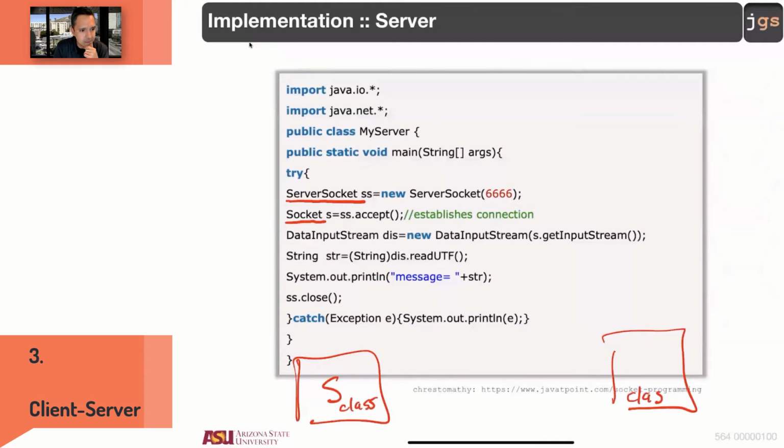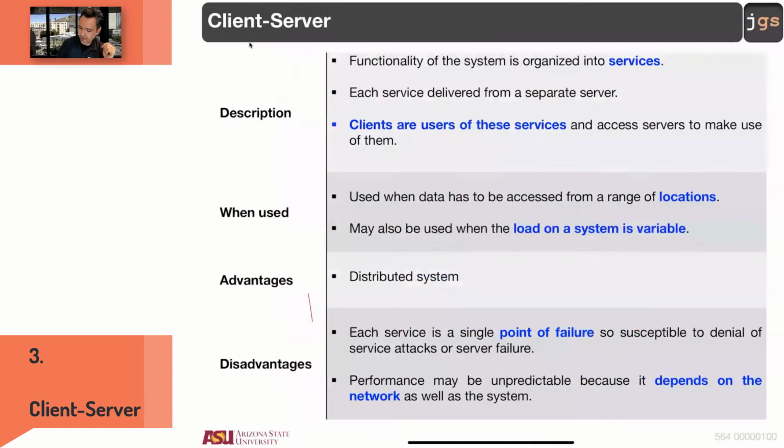The answer, yes. How? With a library. And a library is a collection of classes. In particular, two classes that you need: socket and server socket. Are you telling me that this diagram